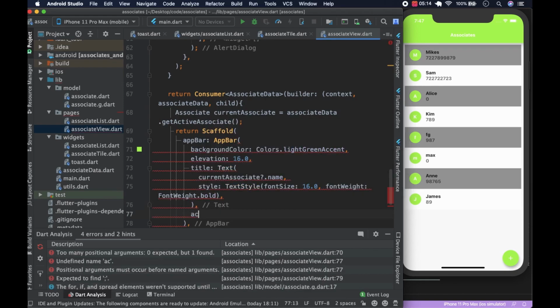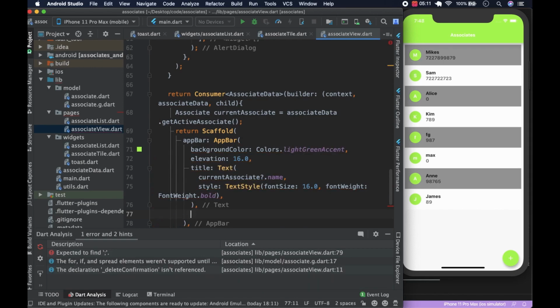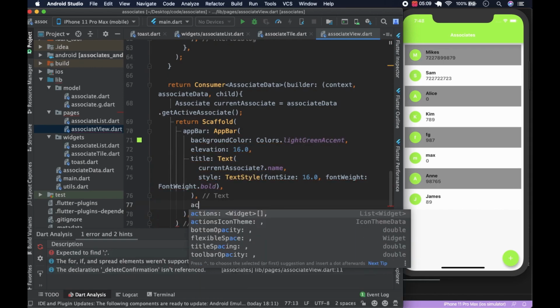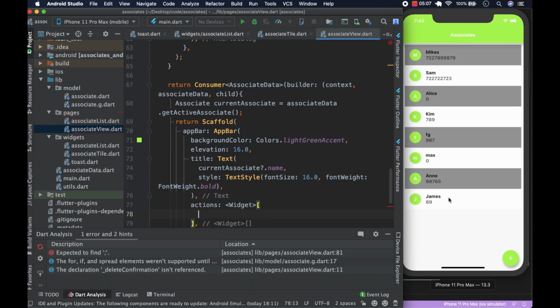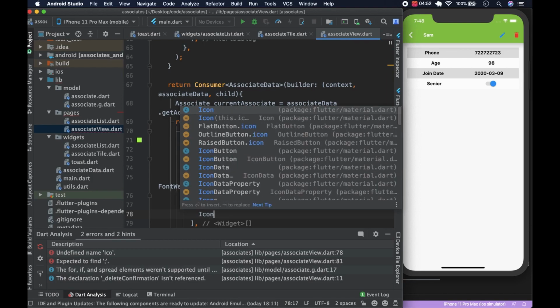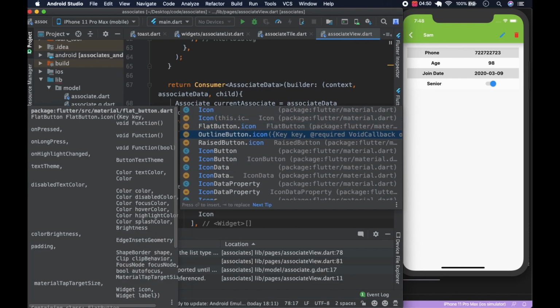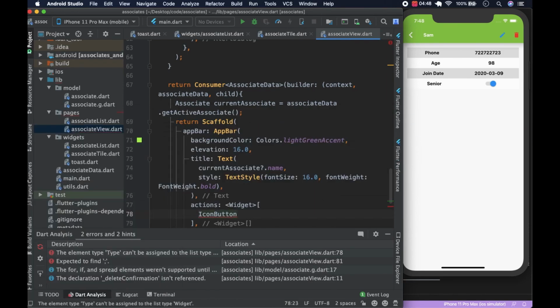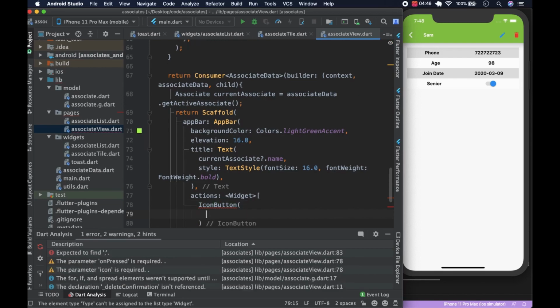The actions are basically, wait, that bar, right? The actions are going to be these two, you see, the create, this pen thing, and this trash can. So we're going to have actions of, they're both icon buttons, right? Icon button like this, and the icon button is going to be